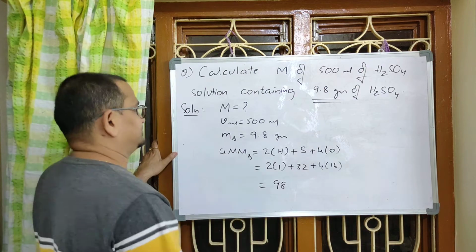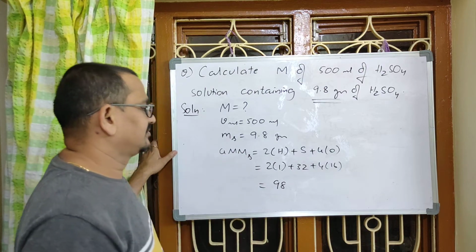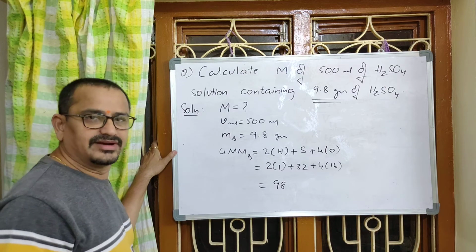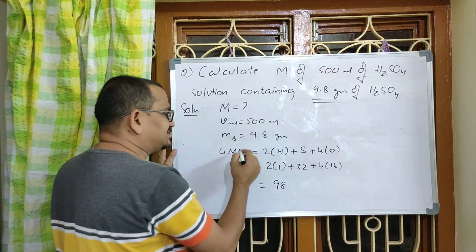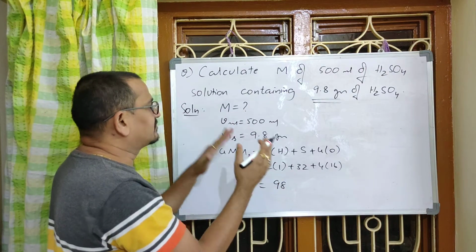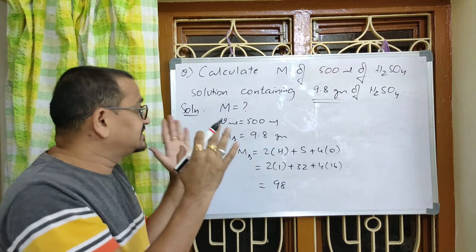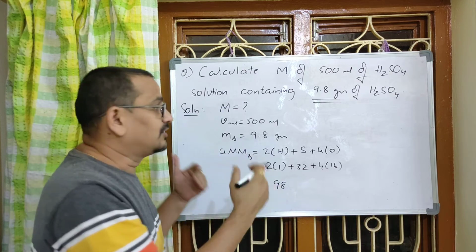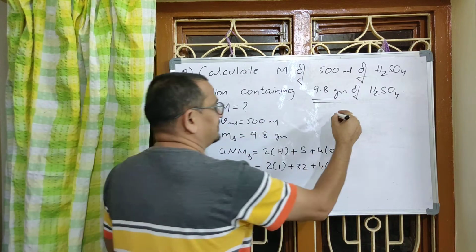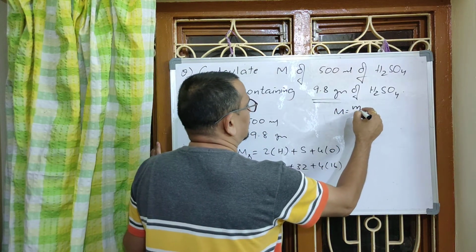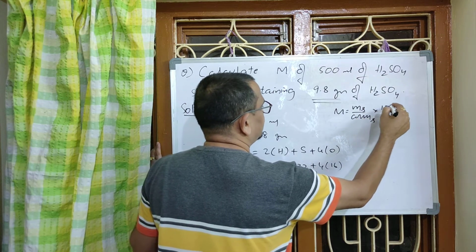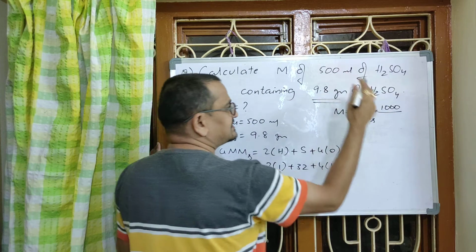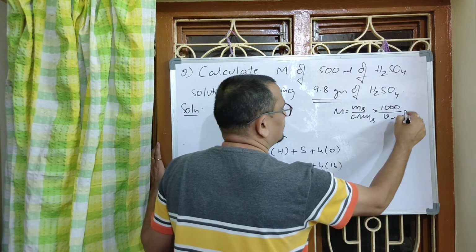Okay. Now see. Right. Now we have to find out molarity. This is the data given. This is step 1. We finished step 1. Now what is step 2? Formula between them. Molarity equals mass of solute by gram molecular mass of solute into 1000 by volume, expressed in ml, no? V ml of solution.